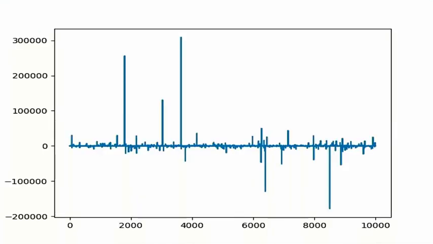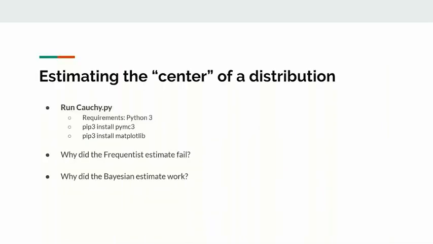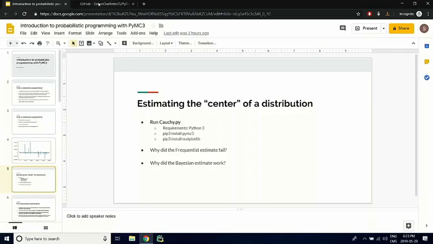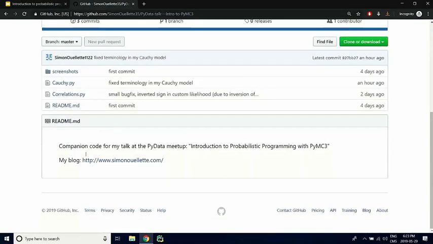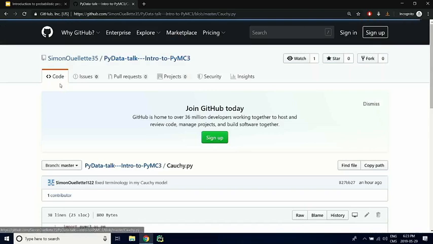So let's take this data set, and let's say that we want to estimate what is the center of this distribution, what is the most probable value. We're going to look at this code. If anyone wants to follow along, you can go to this URL: github.com/myname35/PyData talk, etc. If we look at cauchy.py,